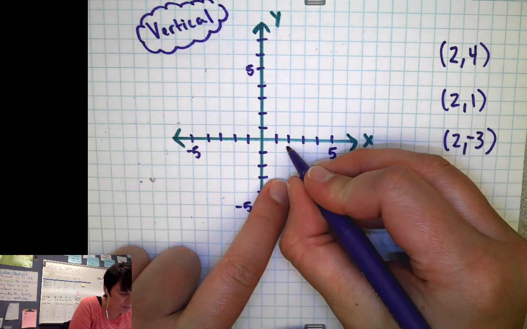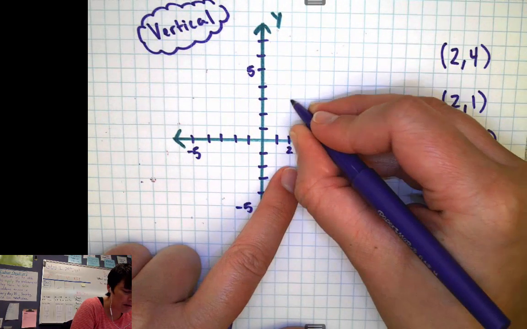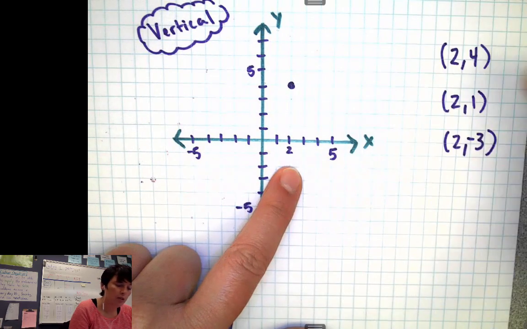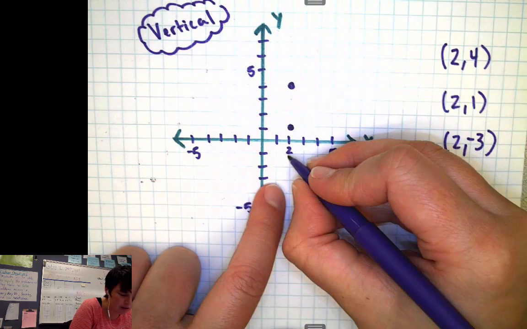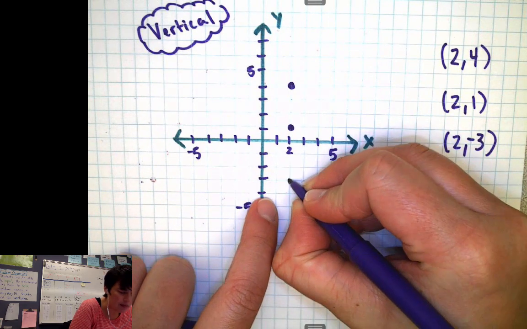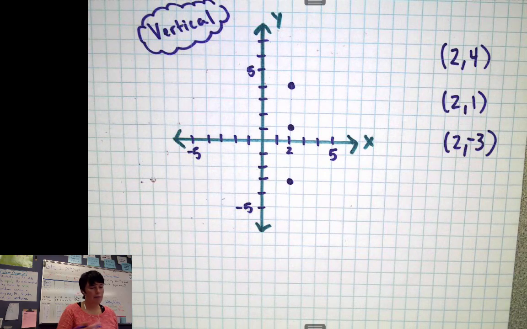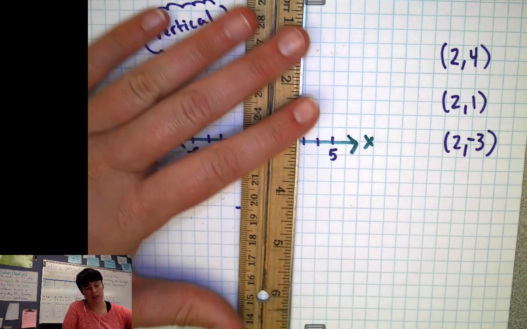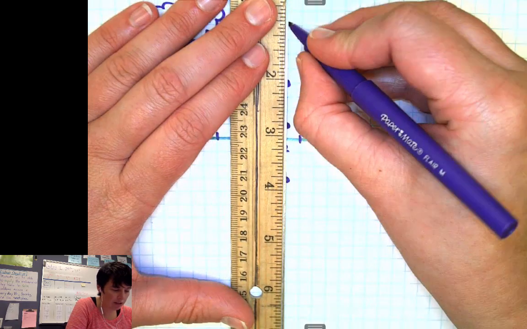So here's 2. So (2, 4) would be 2, 1, 2, 3, 4. And (2, 1) would be like here, at 1. And (2, negative 3) would be 2, 1, 2, 3, negative 3. And there it is. There's our vertical line. You can see it going up and down. If I take my ruler up against it here, you definitely can see. So here is my vertical line,